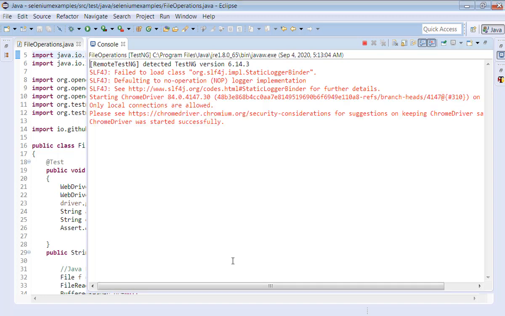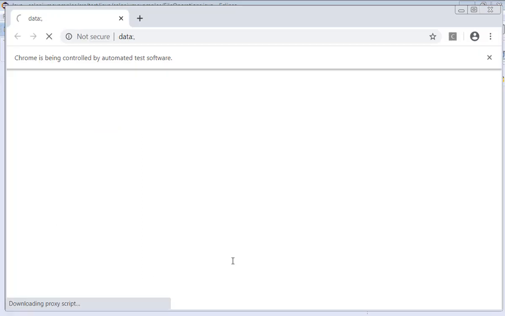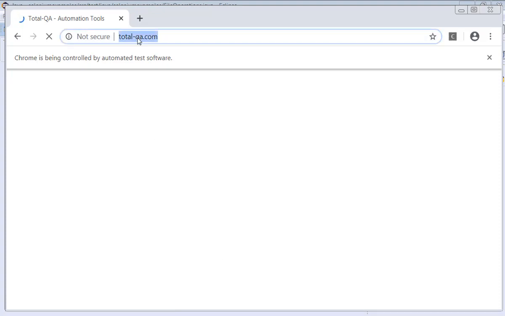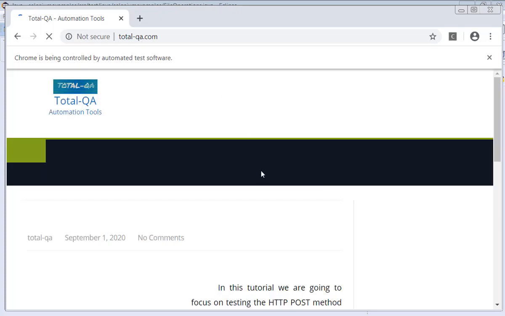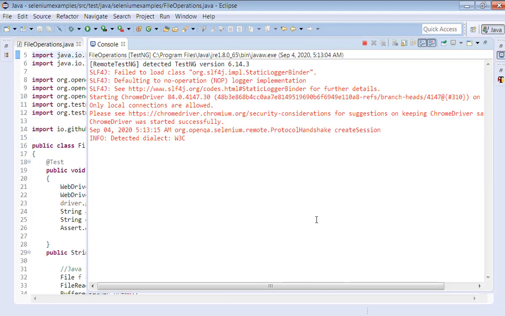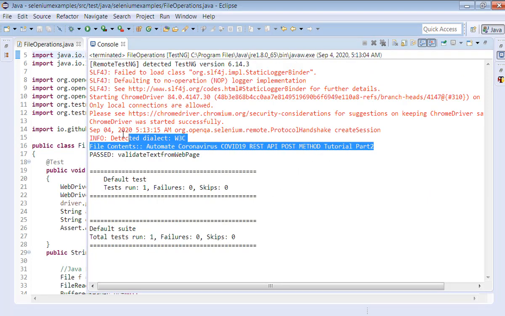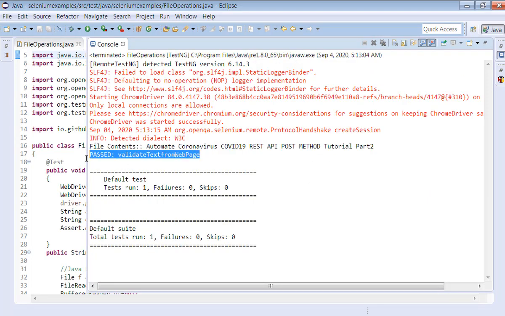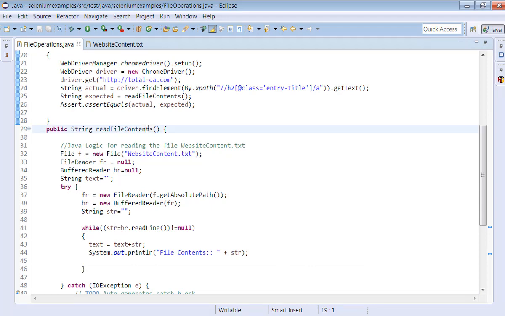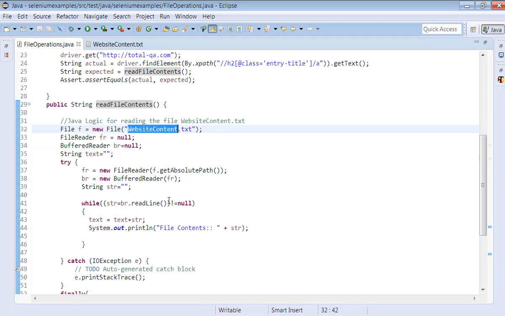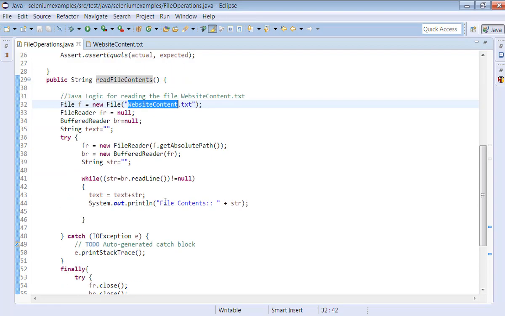Now it will open the browser, read the text, read the file, compare the text, and mark the test case as fail or pass accordingly based on the result. Let's see the result now. Yeah, the test case passed successfully. See here, so this method will help to read the content of this file successfully.